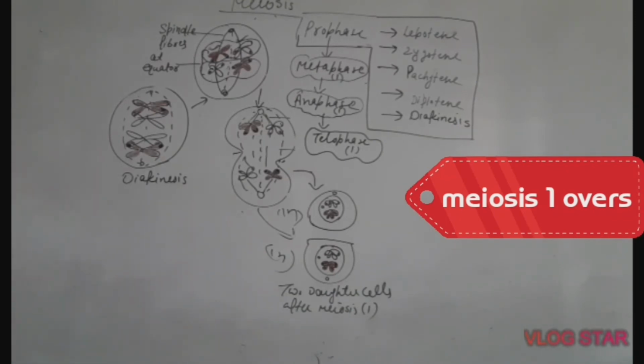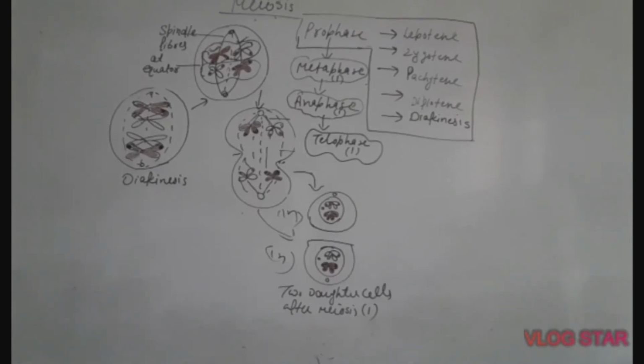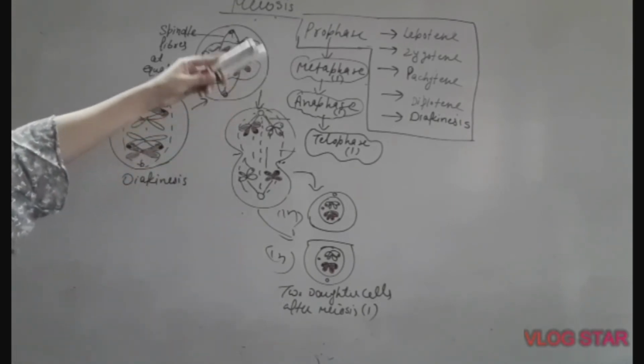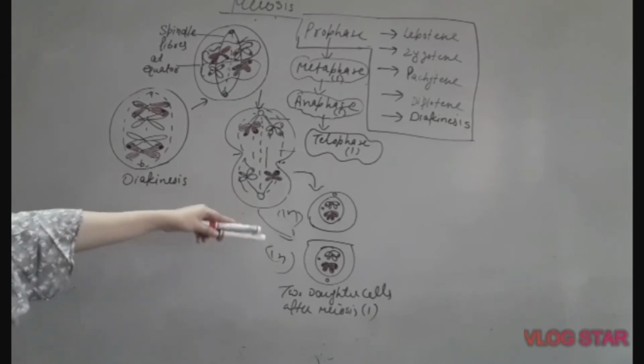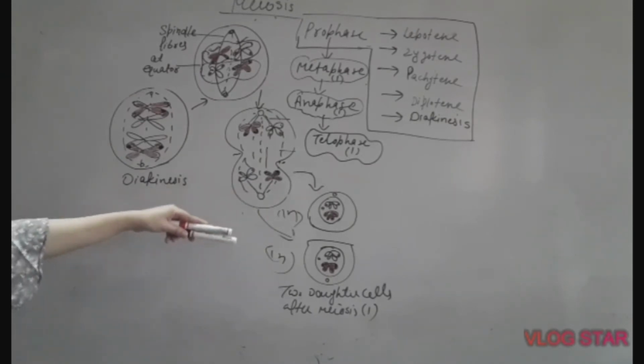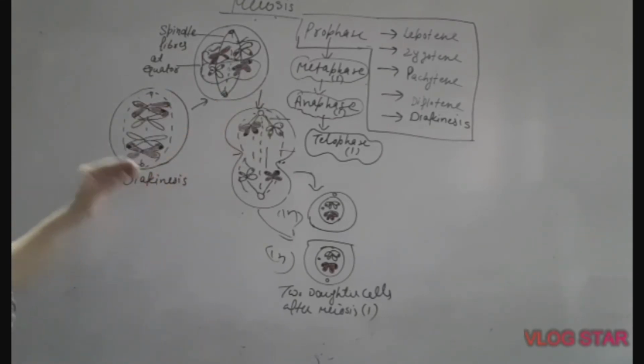Now these two cells will enter into meiosis 2. All the same phases will be repeated except those 5 phases. Each of these two cells will enter into prophase, then metaphase, then anaphase and telophase. But the leptotene, zygotene phases will not be there, none of these 5. No crossing over, no bivalent, no tetrad formation. Just simple divisions as the cell goes through during mitosis.